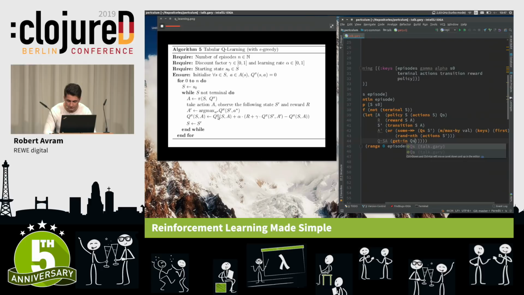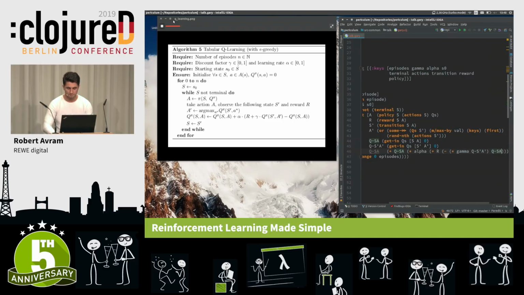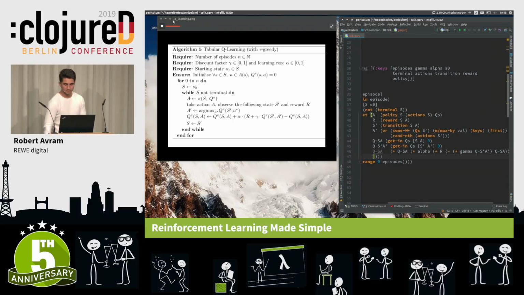So let's get in my Q values the value at that state and action. If I don't know anything about it, I'm going to return 0. Then get S prime, A prime, in my Q values. And then I can compute my new value. So let me just write it down. Q S A plus alpha times R plus gamma times Q S prime A prime, and you subtract from this thing Q S A. And that's basically it. You just write the equation down, you get a value. What this value is, you don't care.